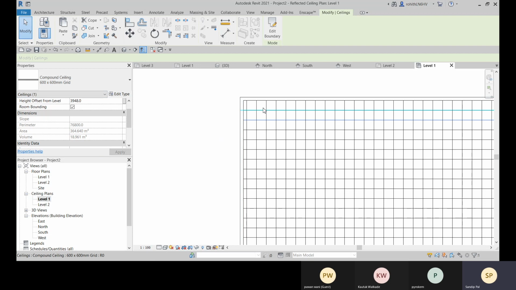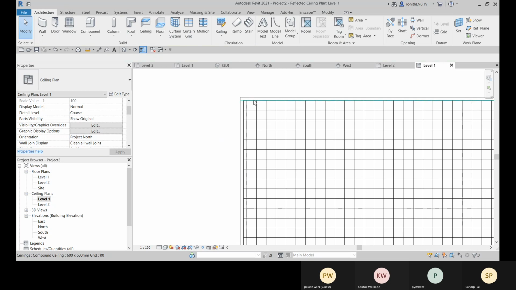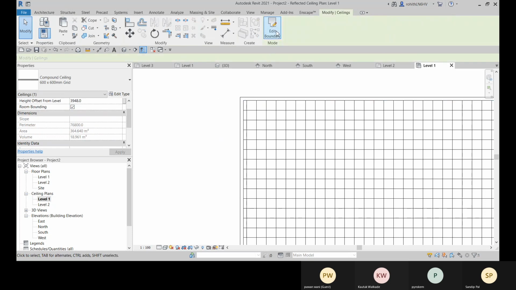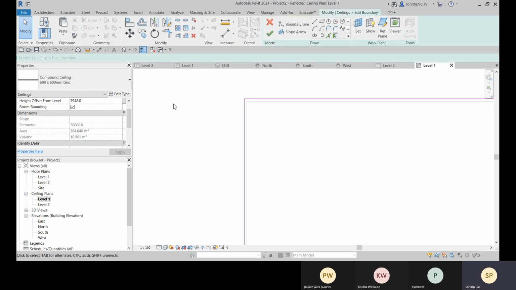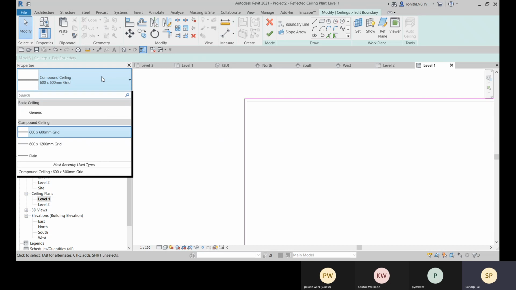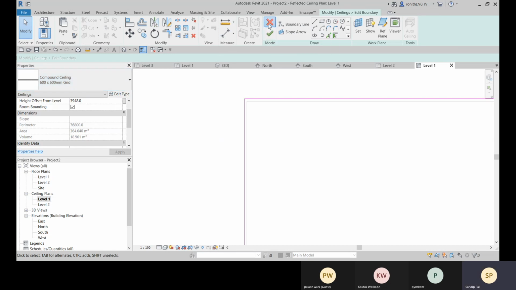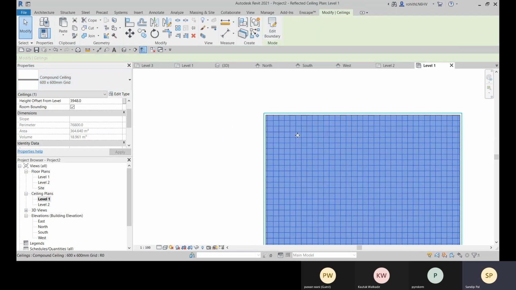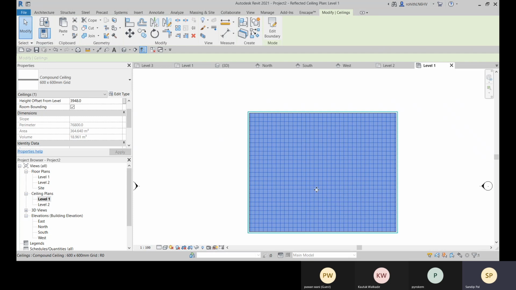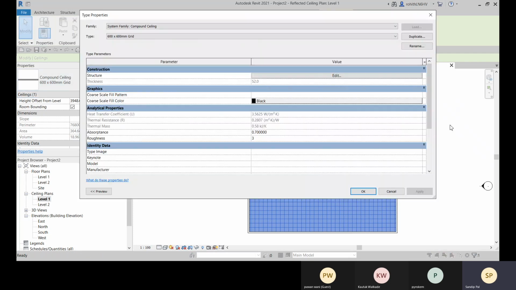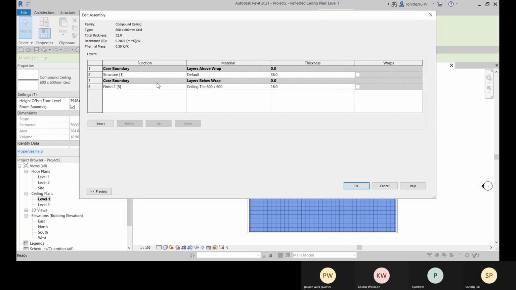So this is the compound ceiling grid. This is the compound ceiling. Even if I'm sealing that using that grid, the compound ceiling is selected right now, and you can go to its edit and apply some changes.